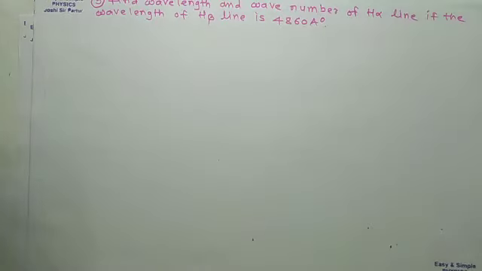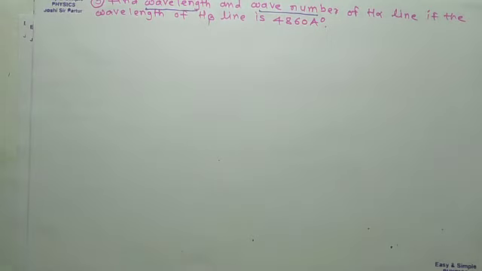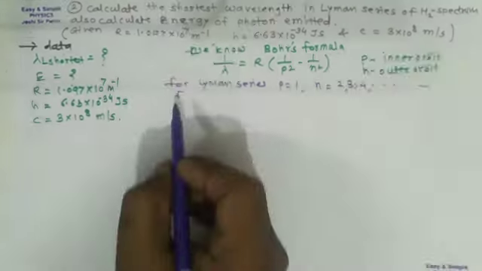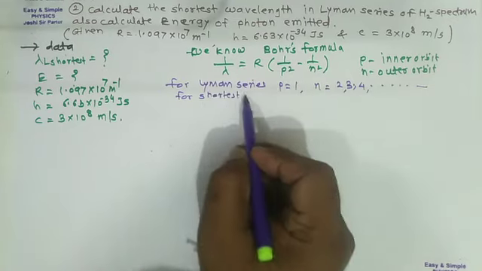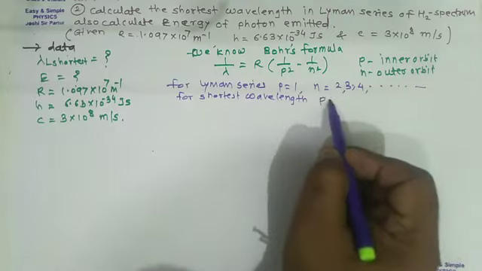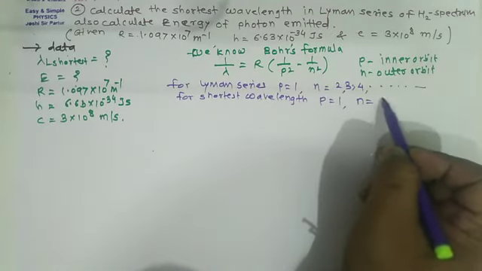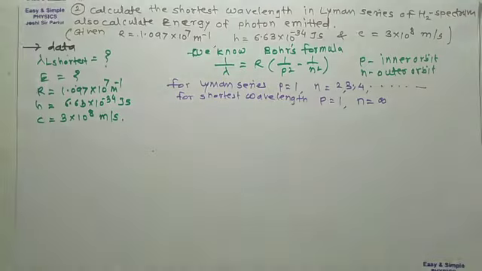If we can see the third example, that is, find the wavelength and wave number of H alpha line. If the wavelength of H beta line is for shortest wavelength, p equal to 1, n is equal to infinity. So we can write as